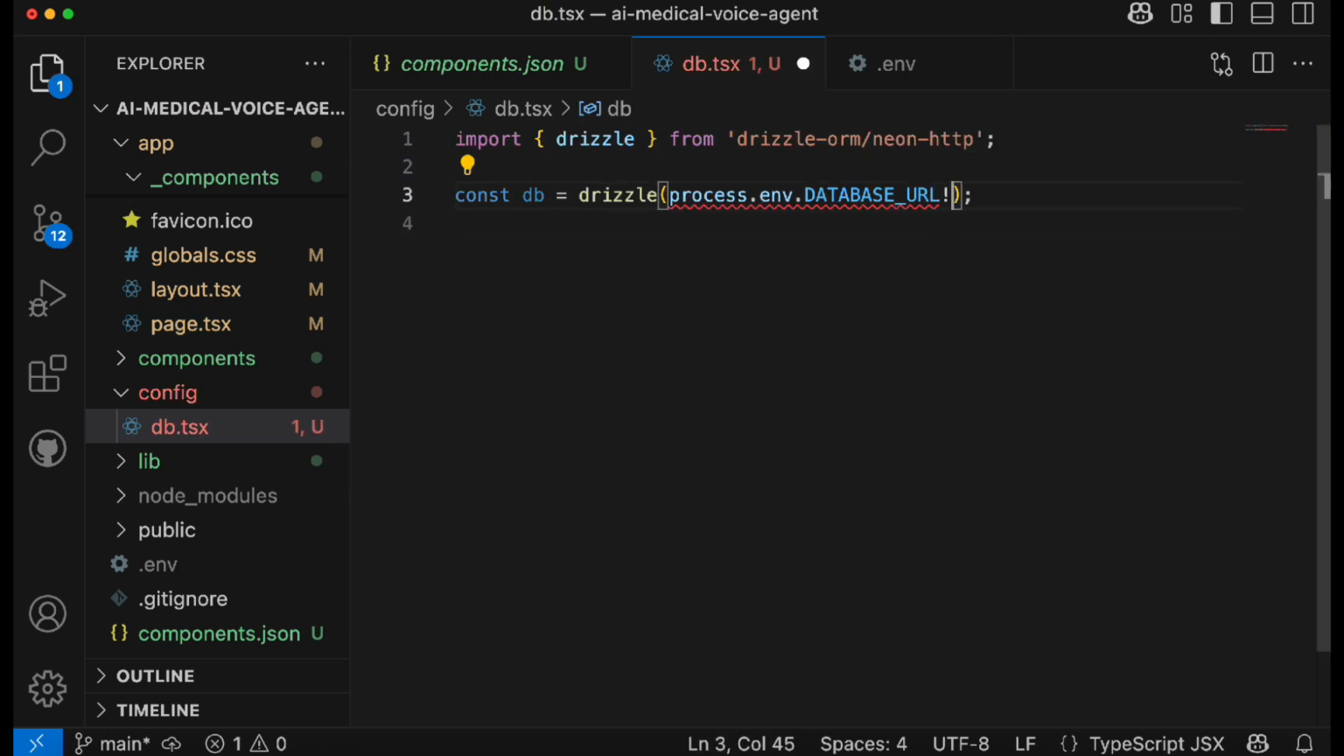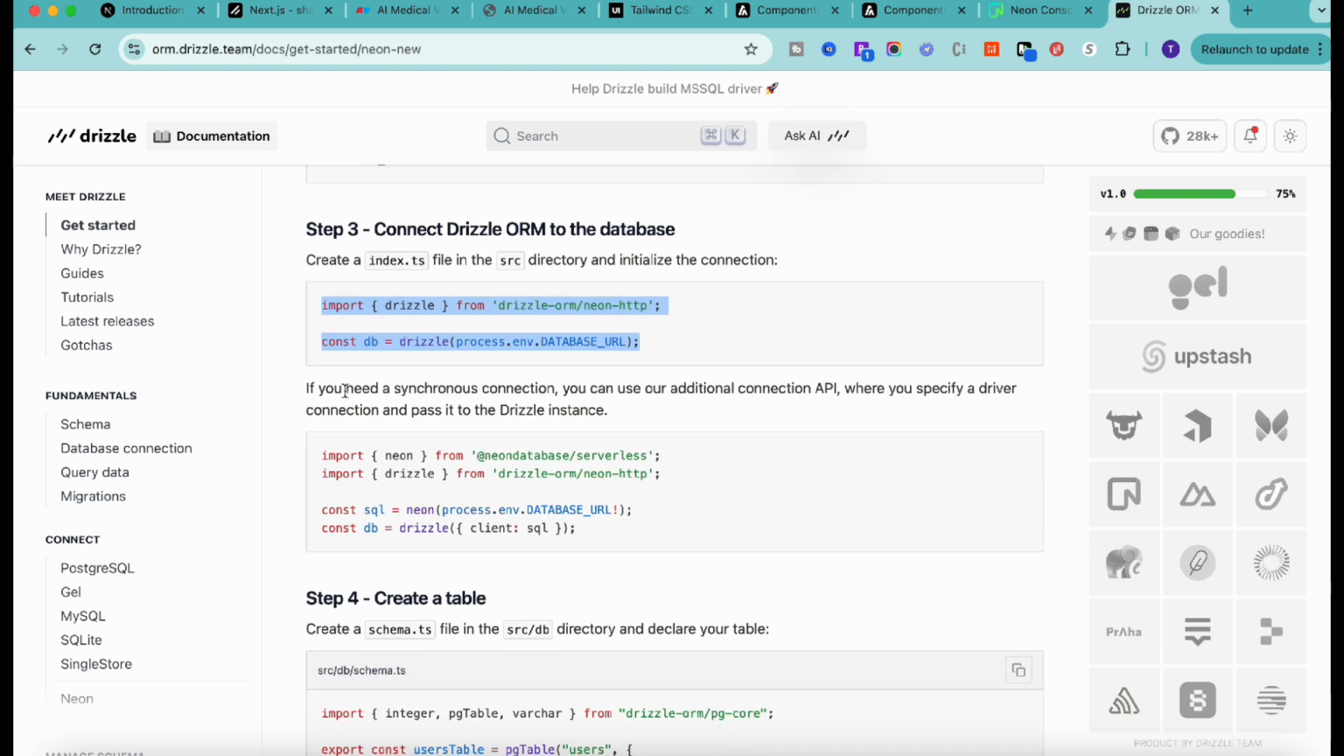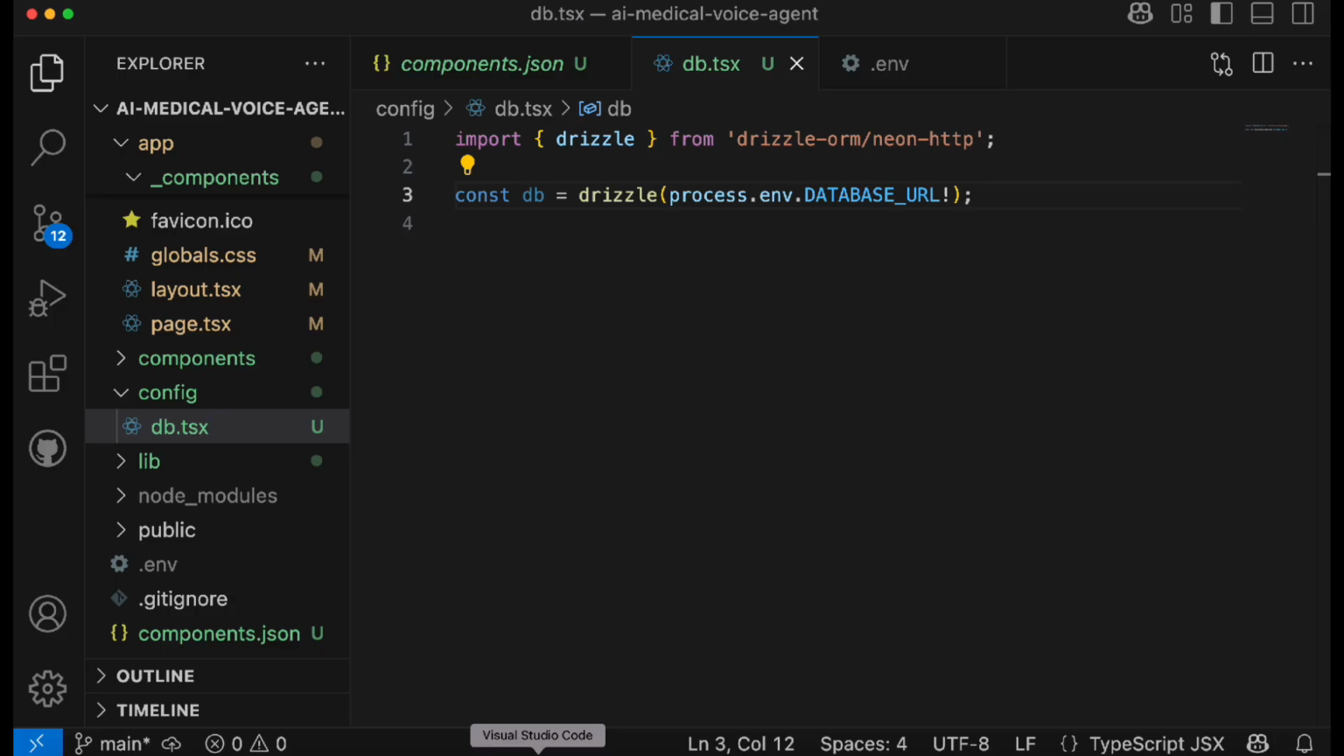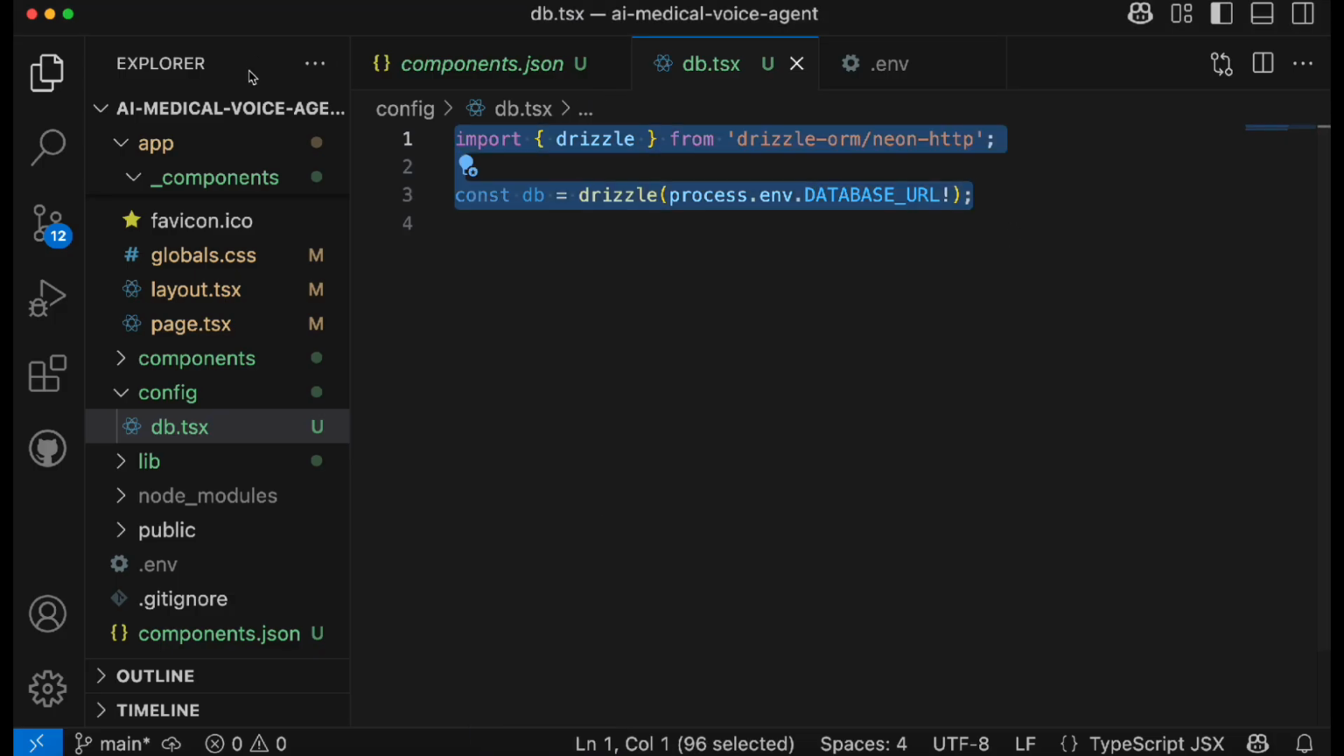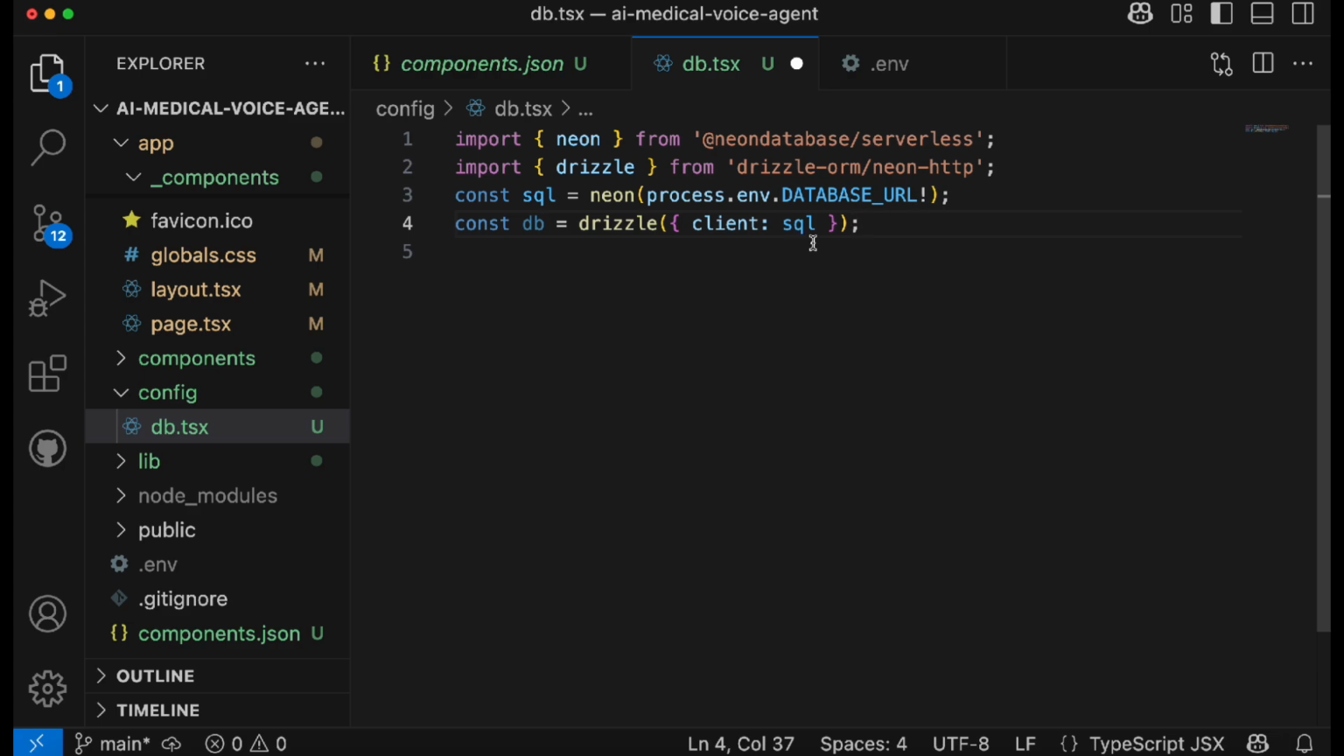Okay, as we are using TypeScript, so make sure to add this exclamation mark and then save it. Now if you want a synchronous connection, you can use this line of code as well. So it's up to you how you want to use it. But if you want to use synchronous, I will just paste this code and everything will be as it